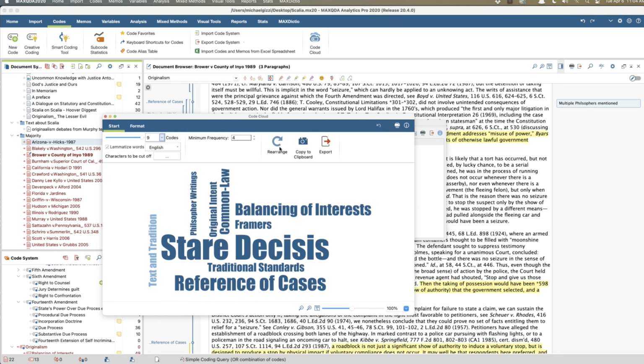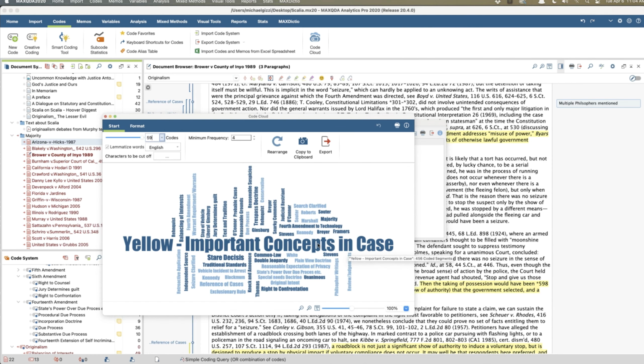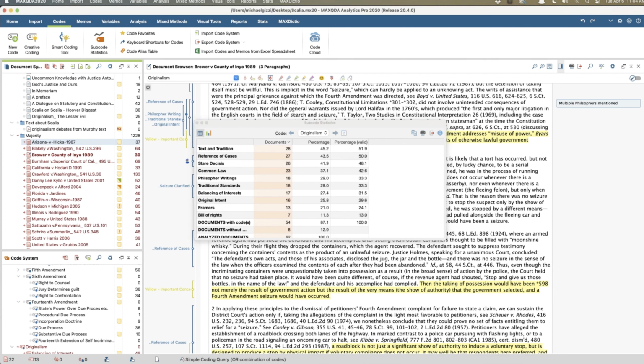Let's do this again. It did it on all of the codes. And the biggest one that showed up is yellow, important concepts in case. Not necessarily helpful, but that's okay. So lots of tools there.